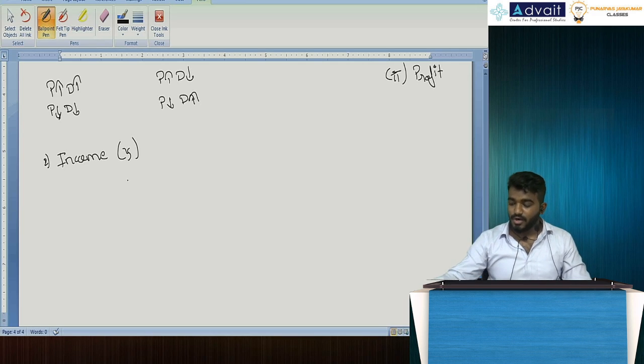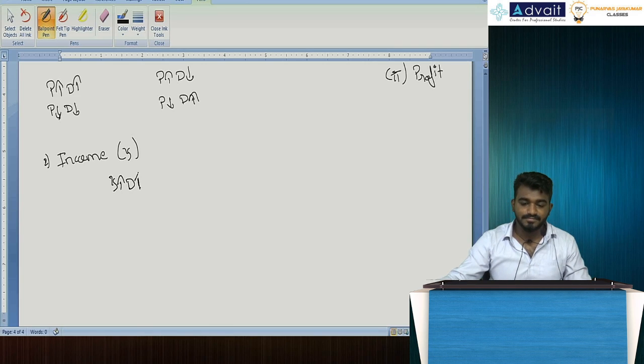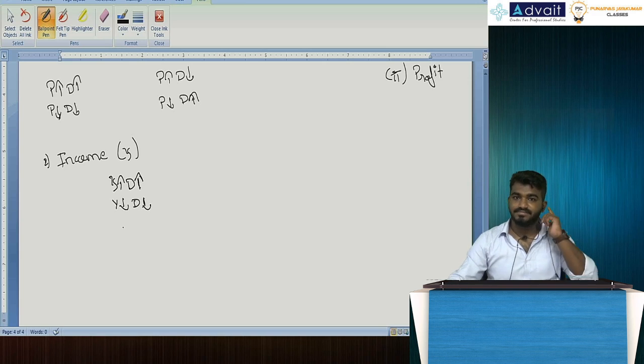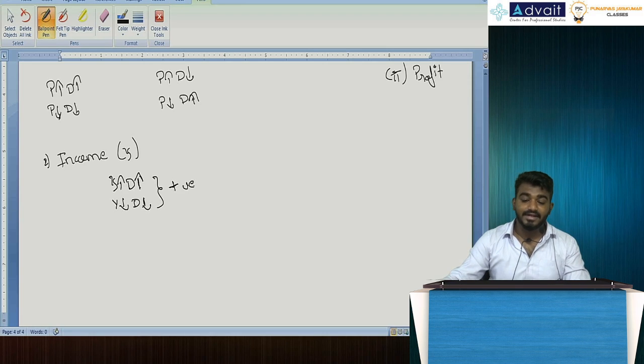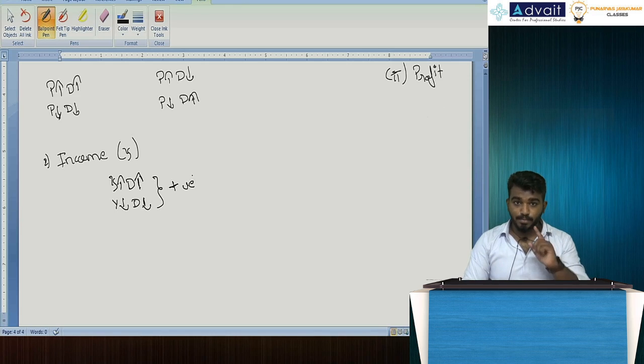Now, superb. What does it mean? Whenever income of a consumer increases, what will happen to demand? Demand will also increase. Whenever income of a consumer decreases, what will happen to demand? Whenever income decreases, demand decreases. Now you tell me, arrow mark, is it in the same direction or in a different direction? Sir, it is in the same direction. Now, is it positively related or negatively related? They are positively related. Remember, demand with respect to price is negatively related. Demand with respect to income is positively related. With respect to price, negatively related. With respect to income,